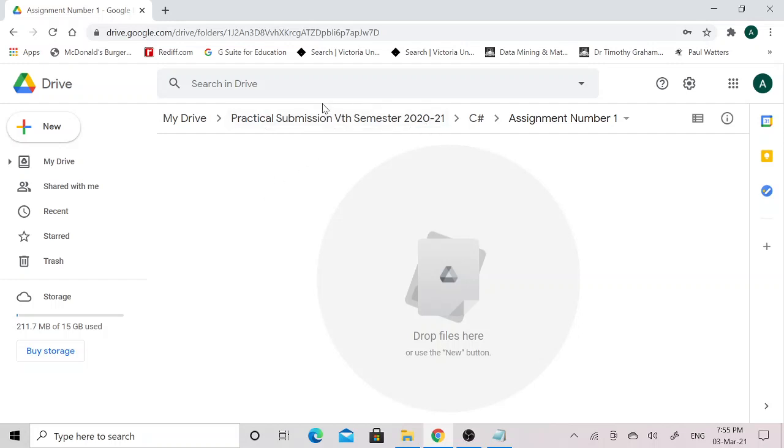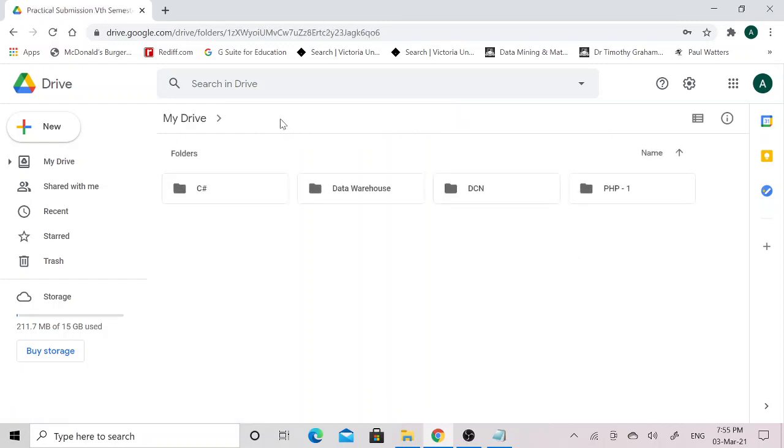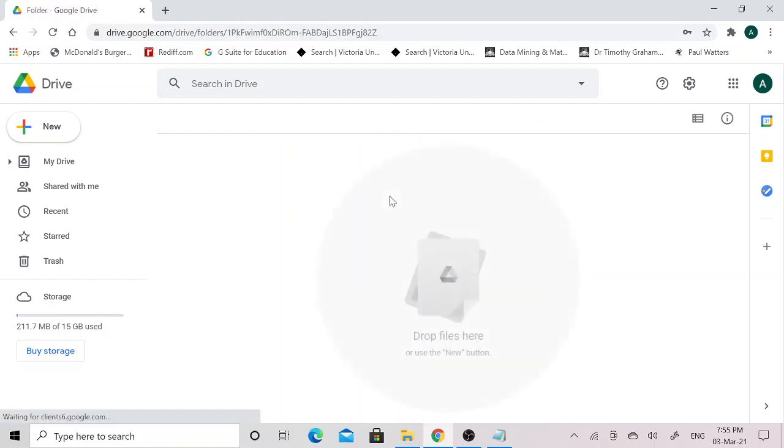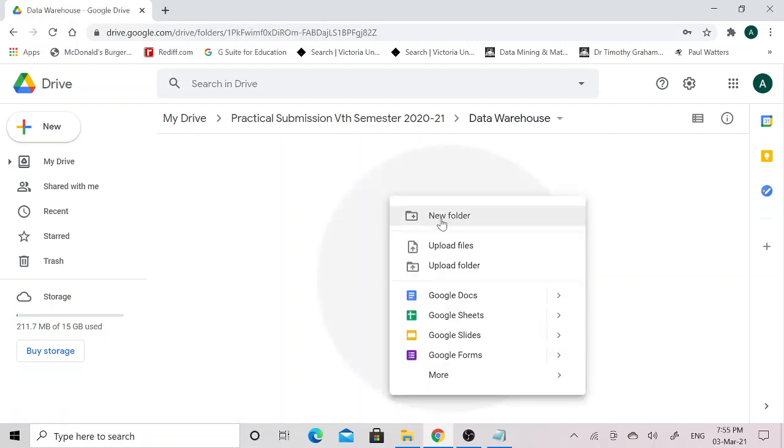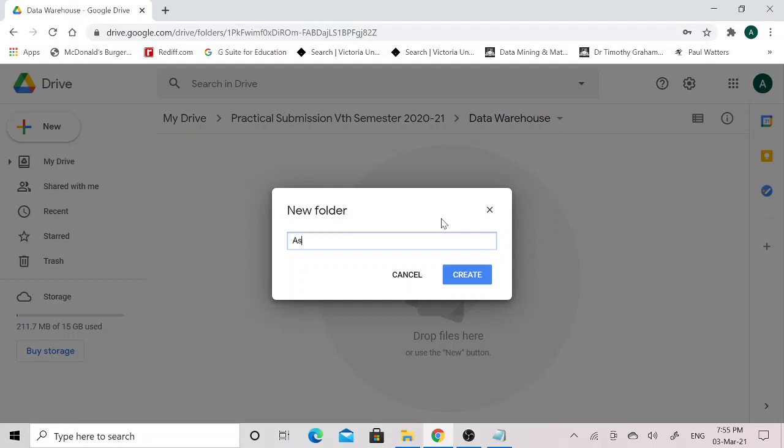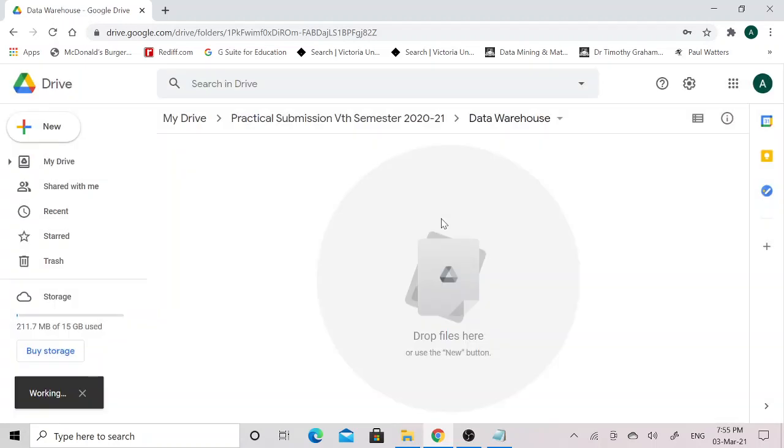Then you can click again on this practical submission. Then you can select another practical subject name. You can right click on the new folder. You will have to mention here assignment number 1.